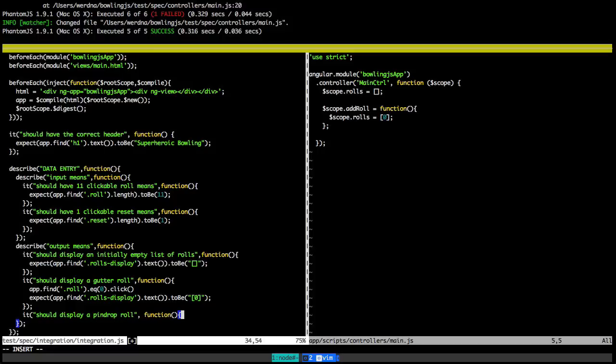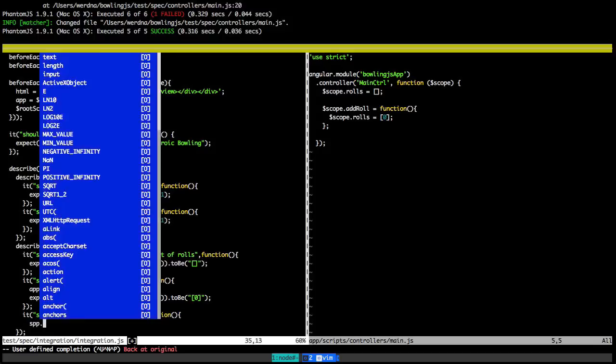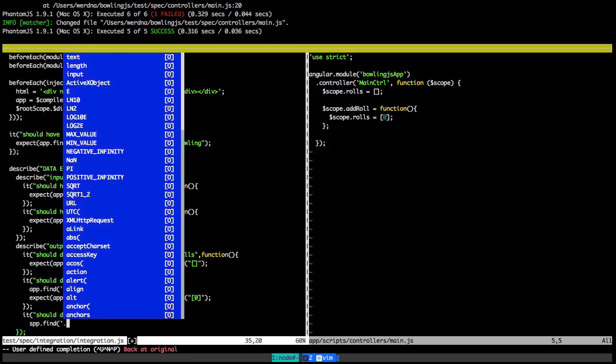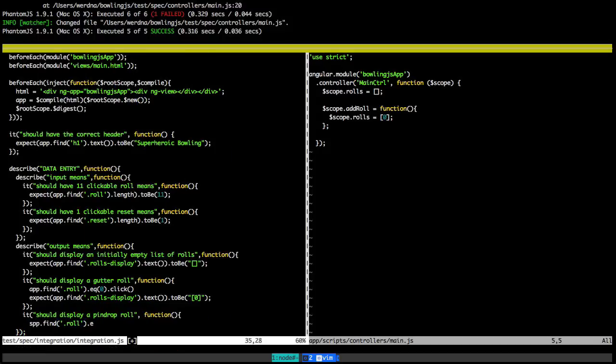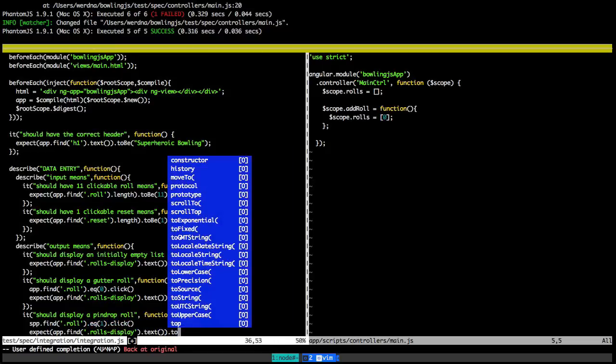I would change should display a role into this, but it's not necessary to do that every time. So find.role eq1.click. And now we'd expect app.find roles display text to be,